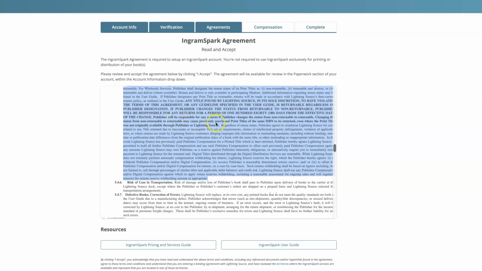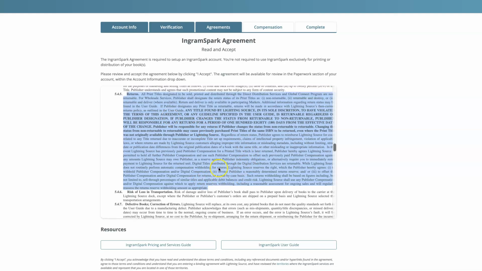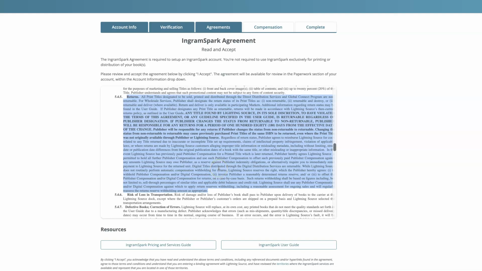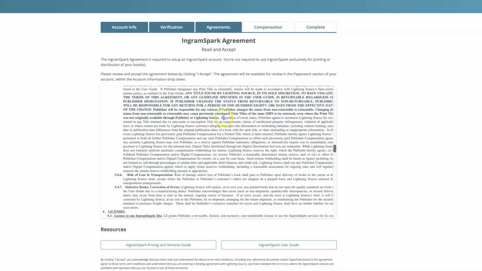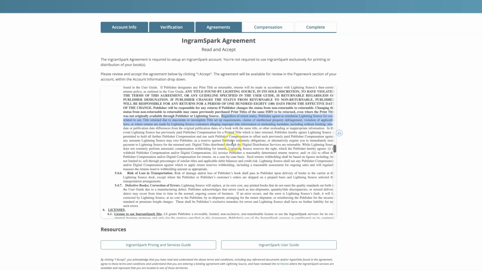But it's important for you to know, I think I saw this down here, that people are able to return the books for up to 180 days. And this is here: regardless of return status, the publisher agrees to reimburse Lightning Source for the cost related to any title return. Doesn't matter if you have it chosen as destroyed, you'll still get